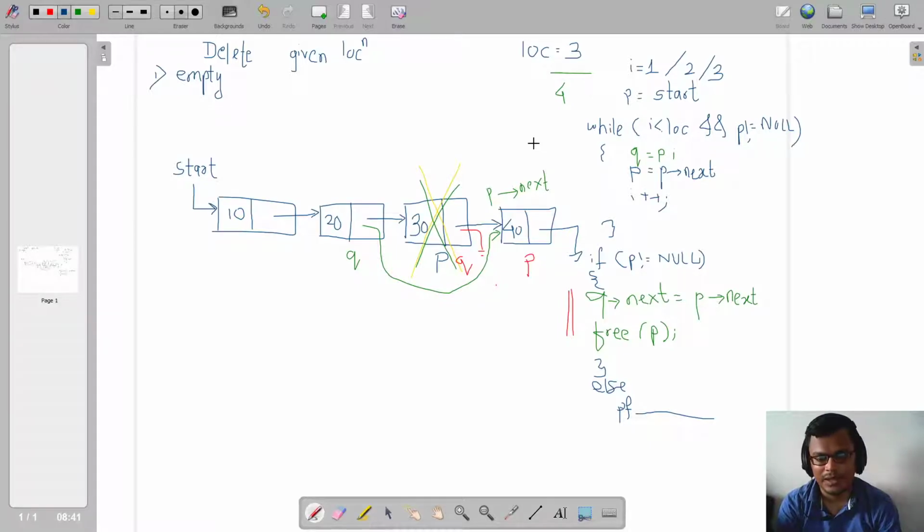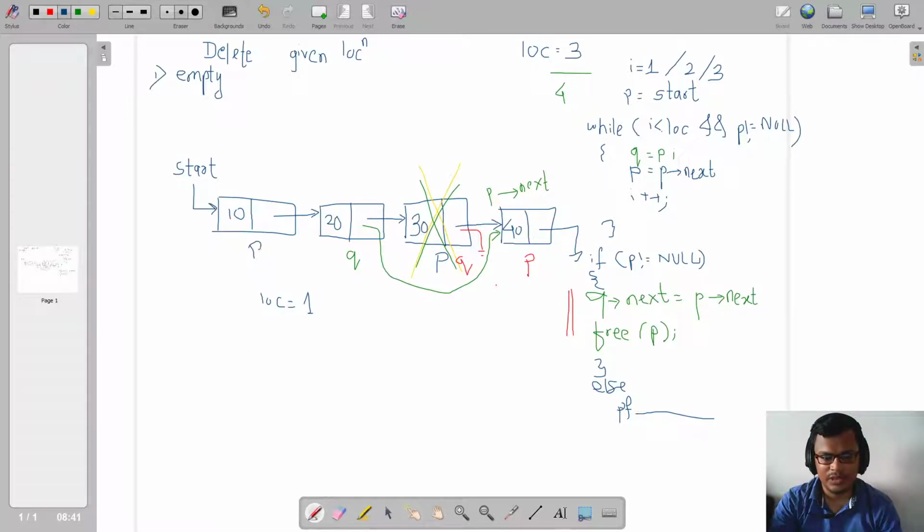What will be my Q in that case? This logic is not working properly if I give my location as 1. So we need a separate case for when my location is equal to 1.